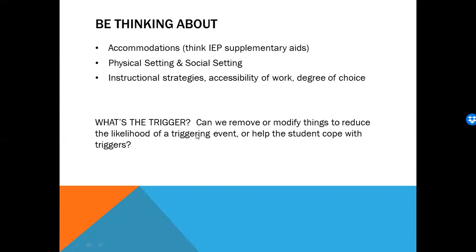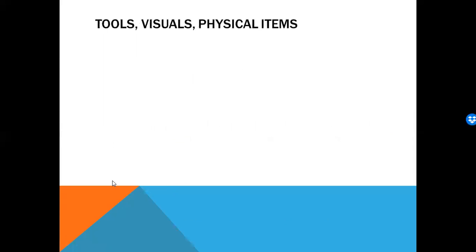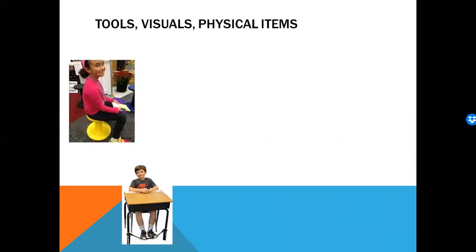So we're really thinking about, you know, what's the trigger? What can we put in place to reduce the likelihood of the triggering event or help the student cope better? Some ideas and samples that you'll see in several lists, and here's some visual supports too. Within the classroom physical space itself is looking at the seating arrangement, where the student sits, who they're sitting next to, how close they are to the teacher or to the door, a cool down space or a place to go to relax. We might have physical items like some sensory items, some flexible seating options, some TheraBands to let